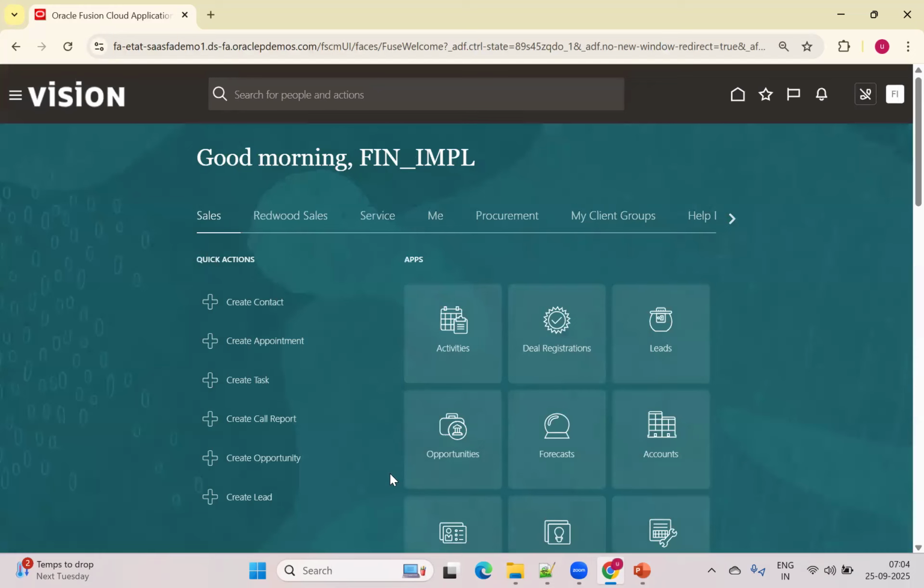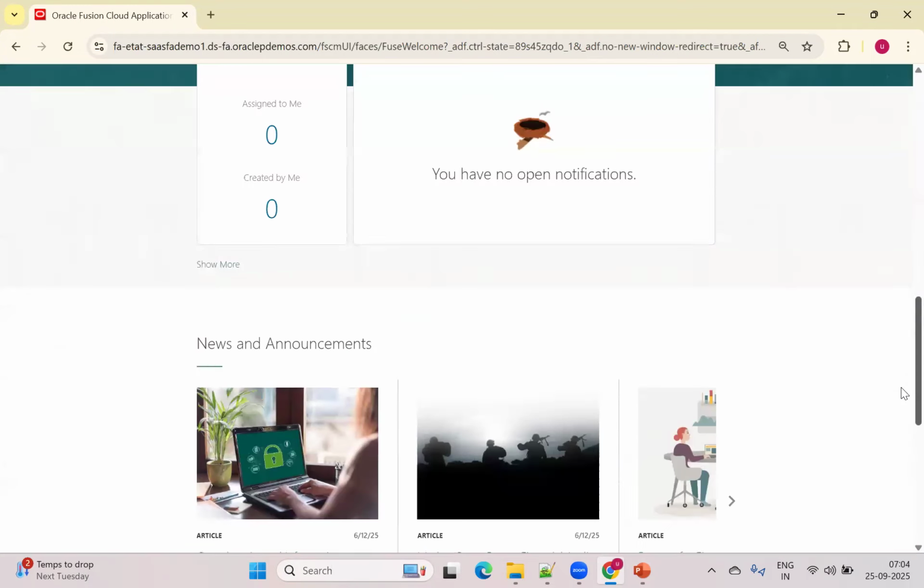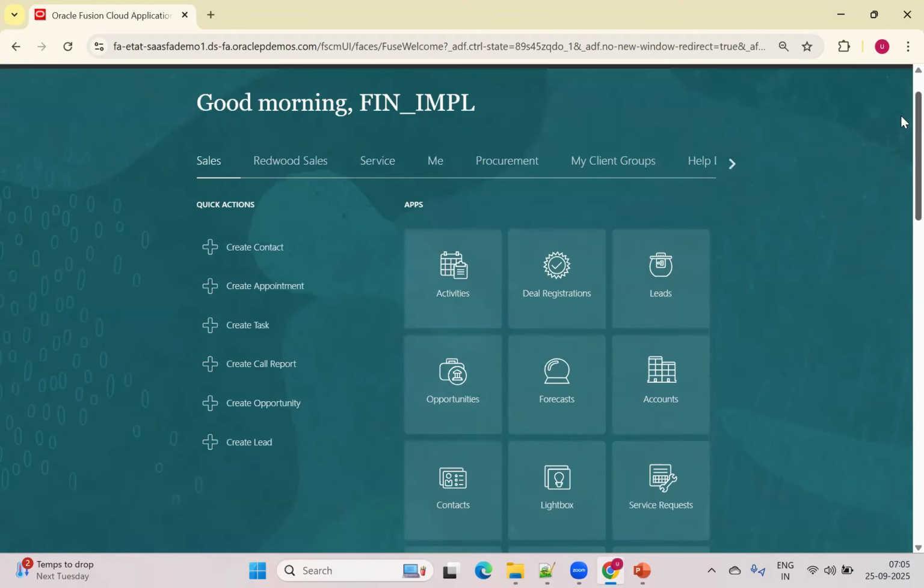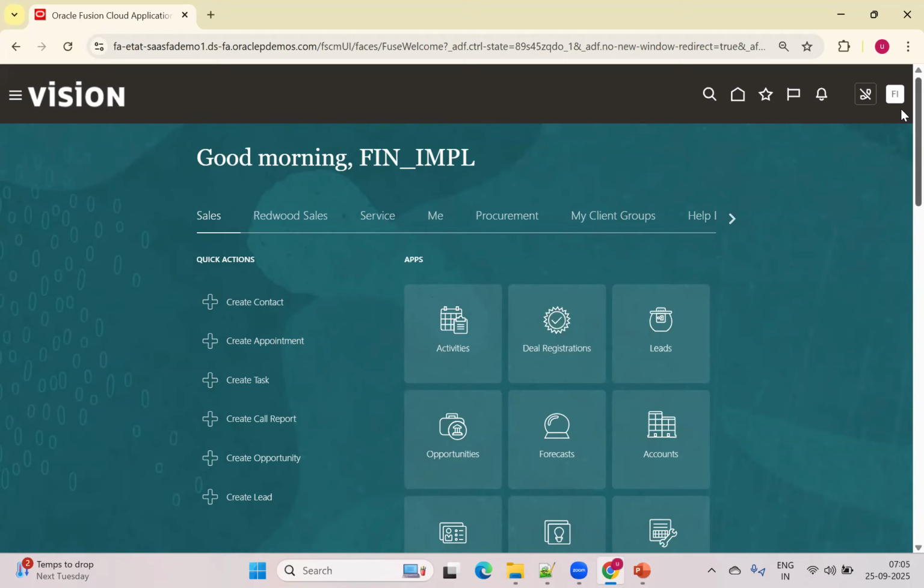As soon as you log in to the instance, whatever you see here is your home page. In this home page, the layout, the color combination, and the options you are seeing here are known as the newsfeed layout. This whole complete home page is known as the newsfeed layout. Okay. And if you scroll to the right,